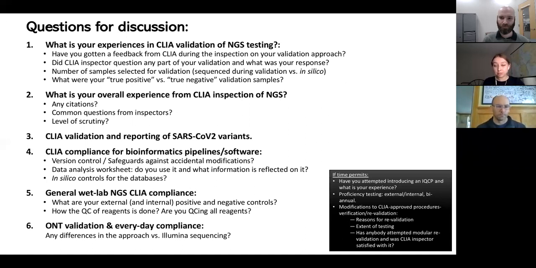So great resource. I was wondering if anybody has started using it or has considered your documentation and tracing of your bioinformatics pipeline. And in this case, did you still decide to have the in silico controls in your bioinformatics pipeline, or were you able to justify only documenting exactly what's happening with the pipeline at every run?